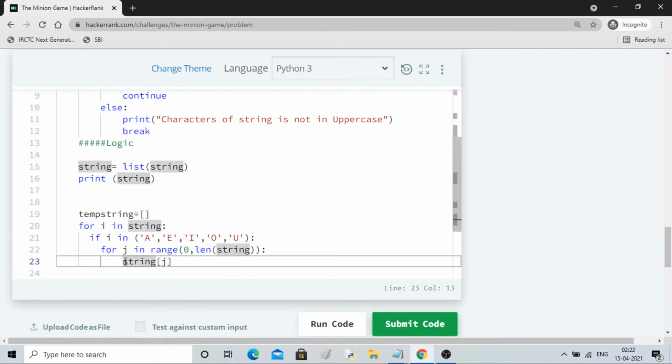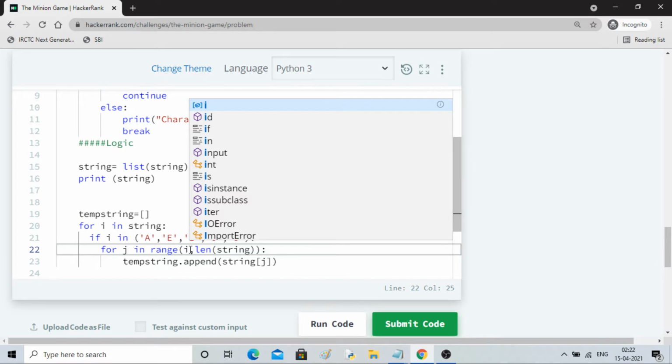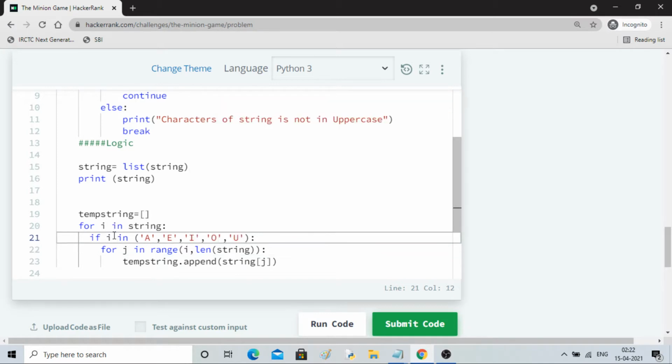And I'll save it in temp string dot append. I will start from i, no, i is not a number, right? So let me do string i.